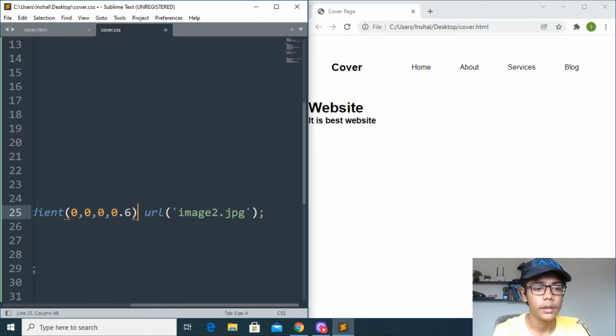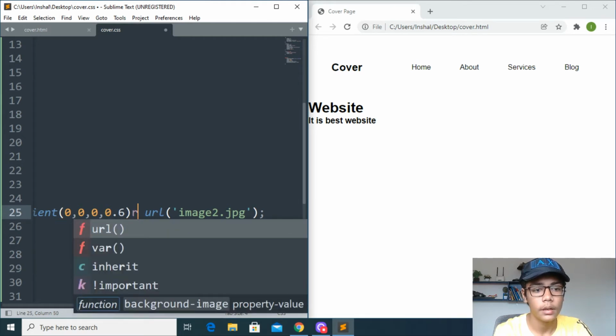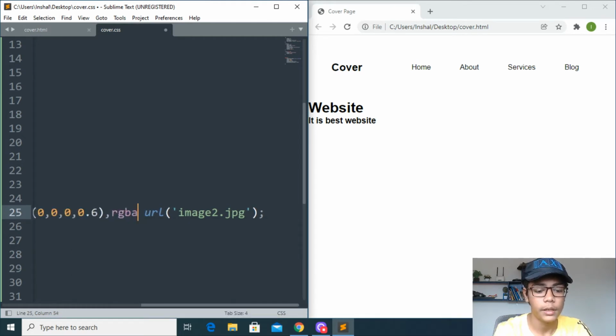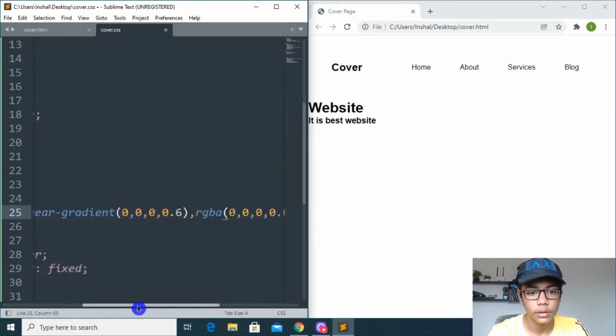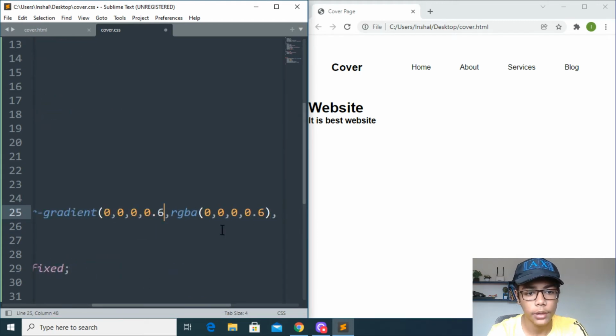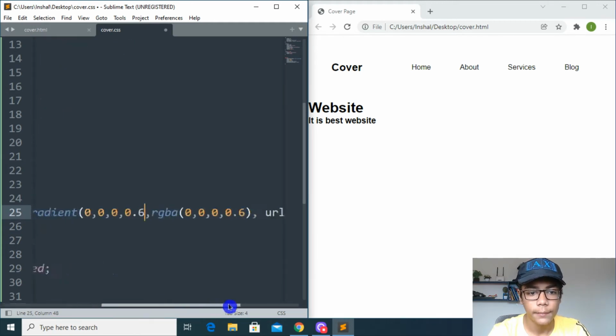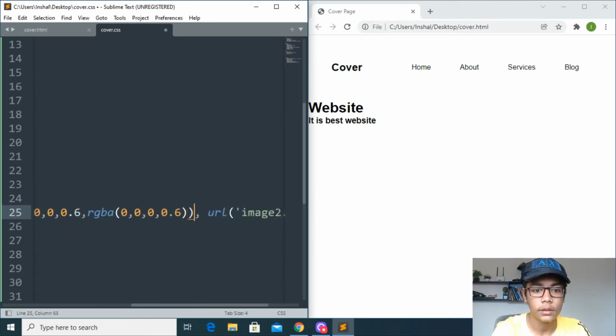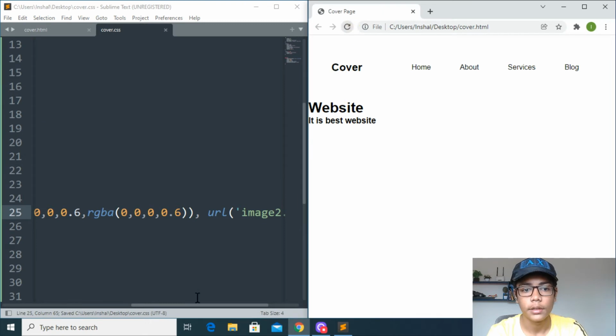When you've written that, you have to write a comma, then RGBA, then make this bracket, and here I'll be writing 0.6, and here I will be writing like that. When you've written that, close this again, and here we have just closed this tag simply, so we don't have to do that, and do like that and close here. So you can see now it is good. Save and refresh. You can see the image is not coming.